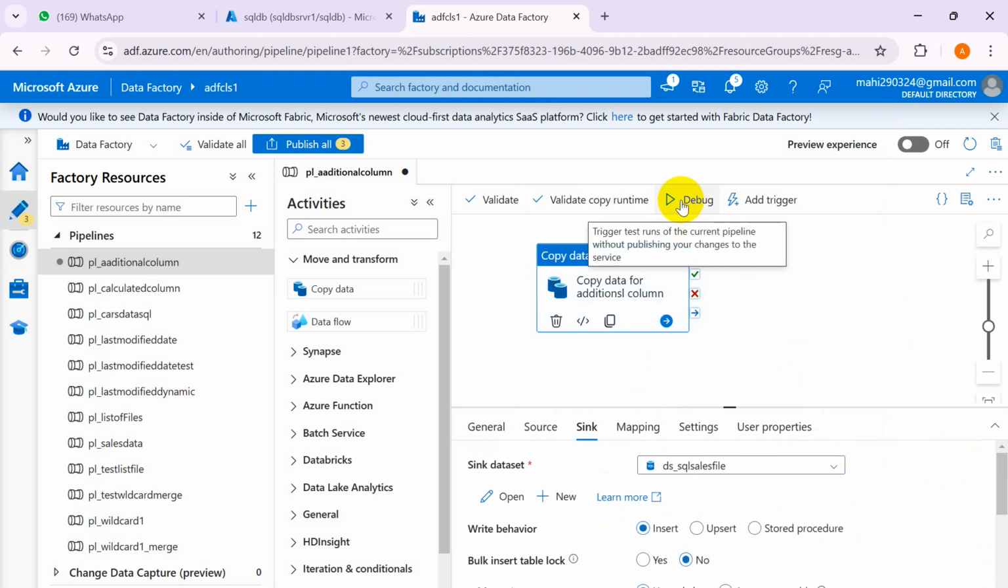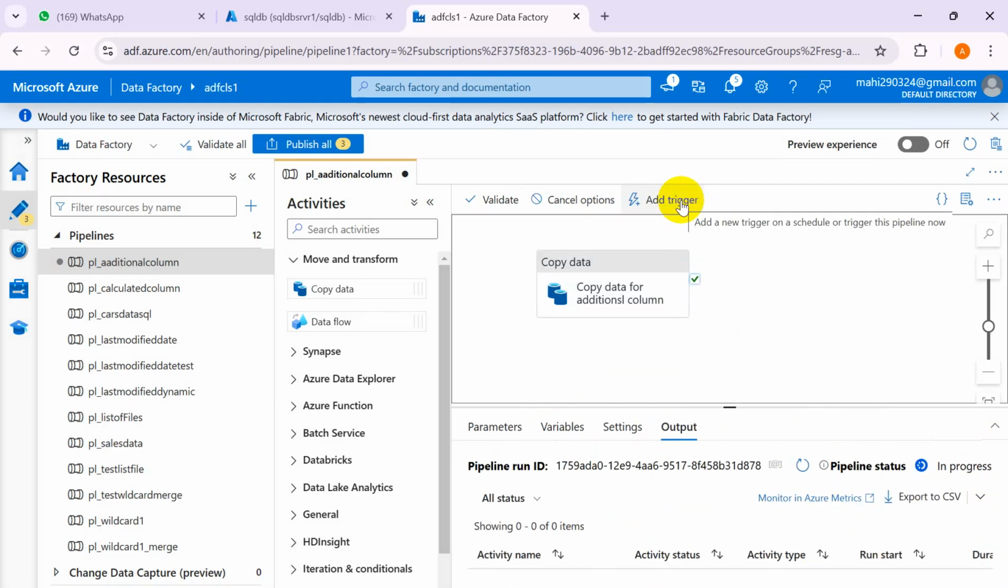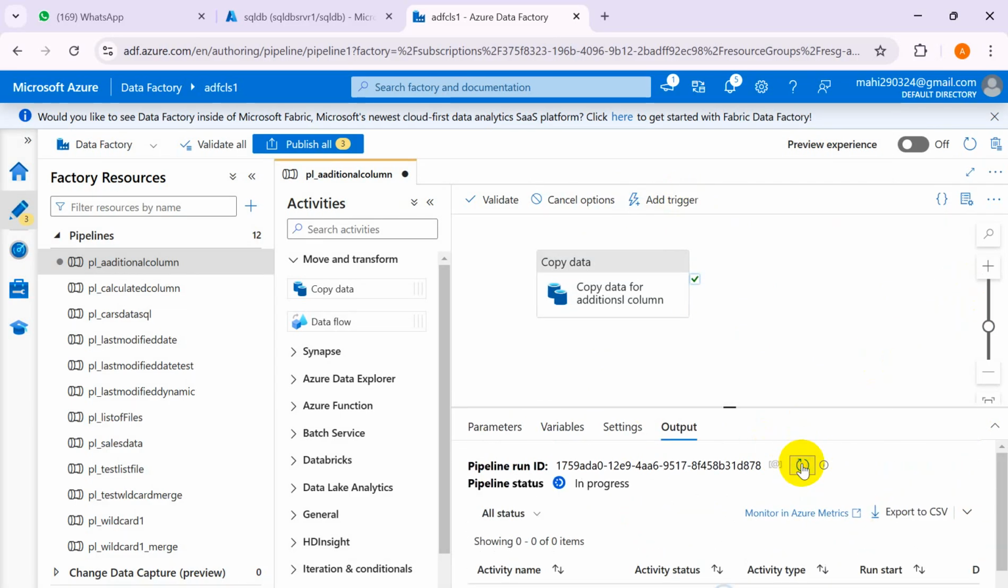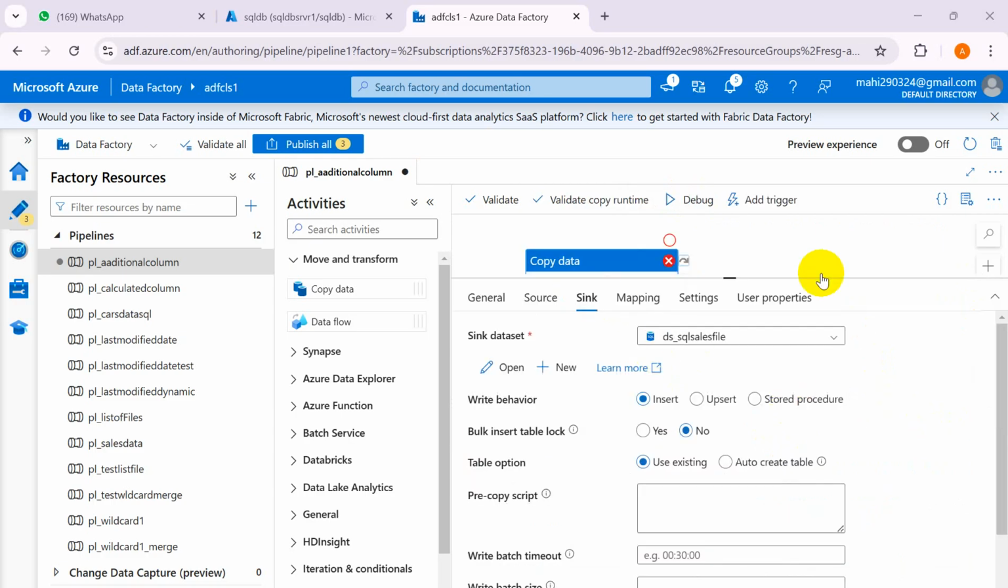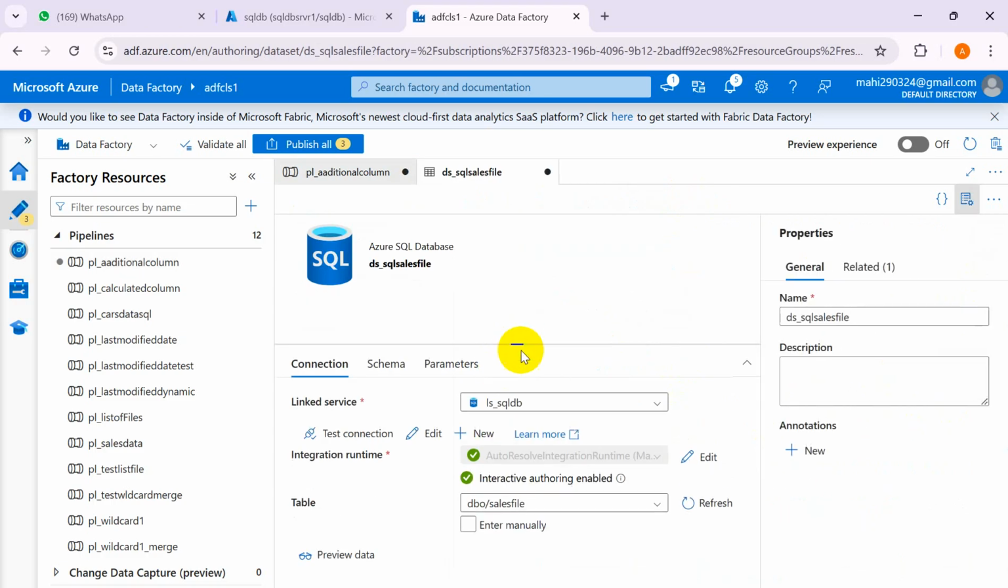So let's first execute this pipeline. I have not used any additional column feature so far because I want to first generate these things. So guys, I will go inside the sink. I will check this out. Okay. And this looks fine